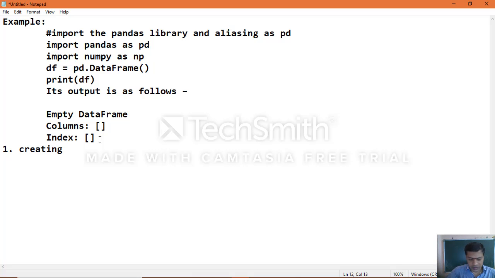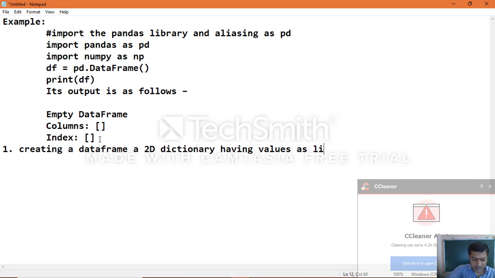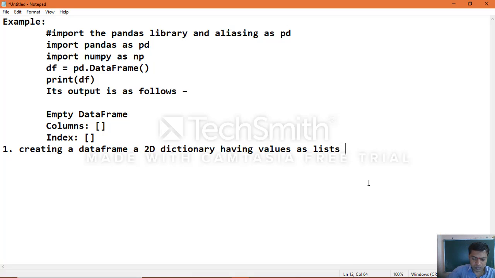Creating a data frame from a 2D dictionary having values as lists or ND arrays. Okay, now we'll see how we can make use of this particular type of data to create a data frame.